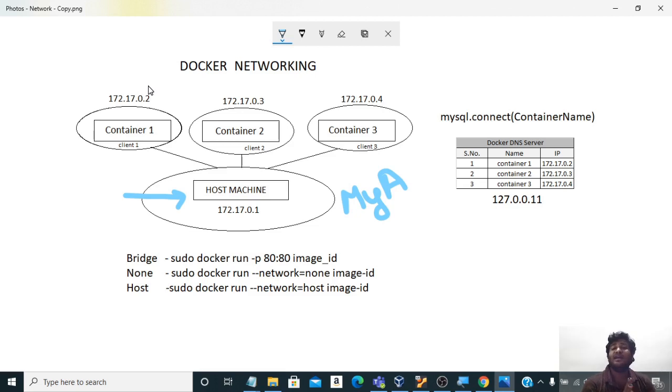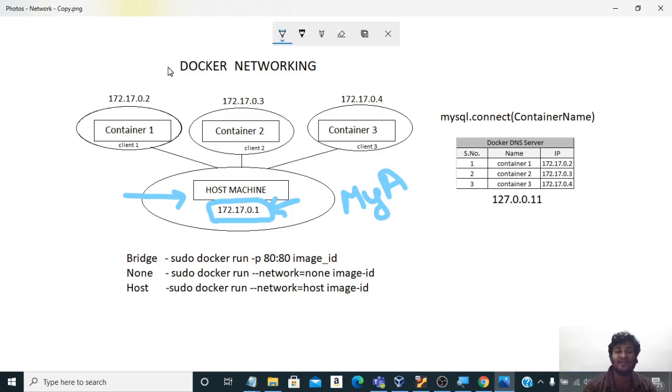Whenever a container stops, Docker takes back the IP address from that container. So the IP address is assigned to a container only when it is running. So how exactly is the IP address assigned? This is the default network which is created by the host machine. This is the gateway and the reserved IP address.